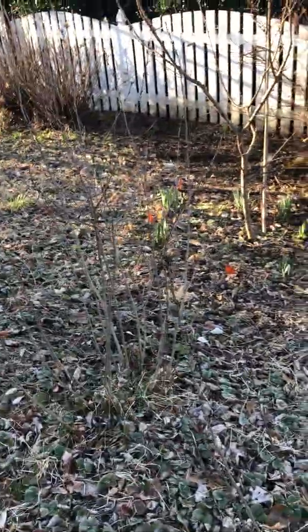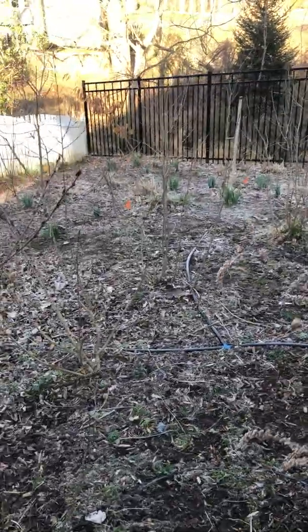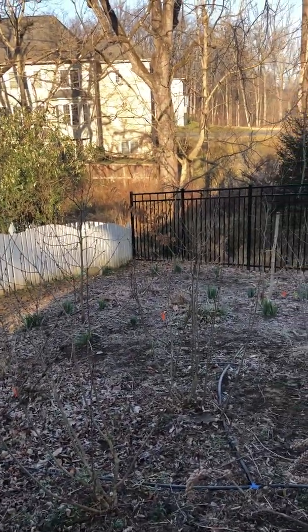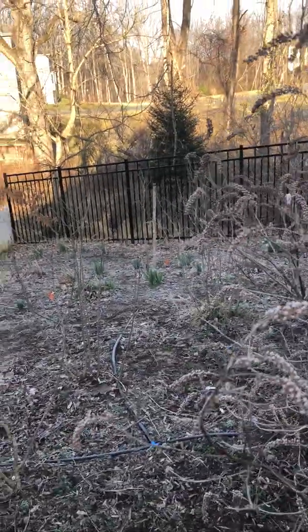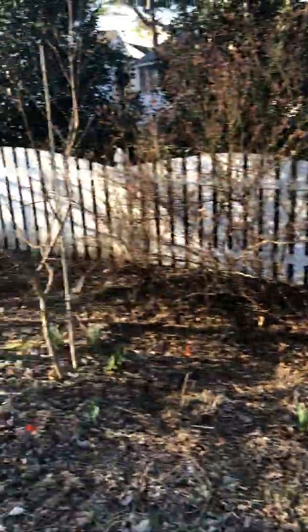I'd rather have other fruit-bearing bushes here. And then let's see, I forget what we planted down there. Way at the bottom, we have a Chinese chestnut. Oh my gosh, I can't remember what we planted. Oh boy, that's bad. But I know that these 3 are the nectarines, and you can see that